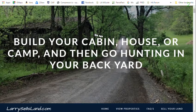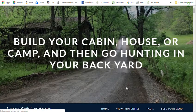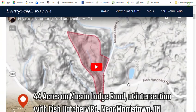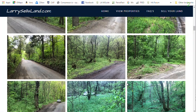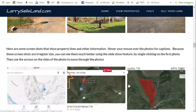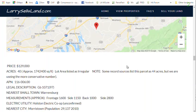And this is Larry Sells Land, and if you look to view properties and click on 40 acres Greene County, you get here. And as you scroll down, you get information about the property. This is actually a little video with some drone footage of the surrounding area. Photographs that I've shown you and some more that I haven't shown you yet. You can take a look there, giving you some more maps and information about the property, as well as how